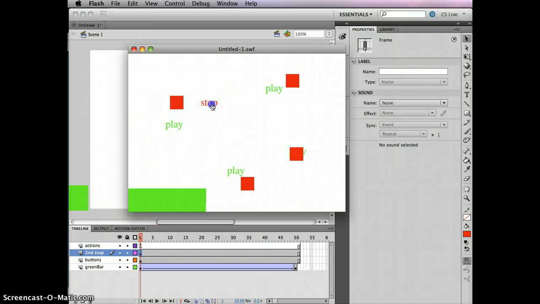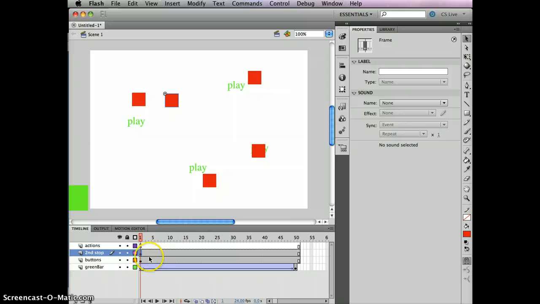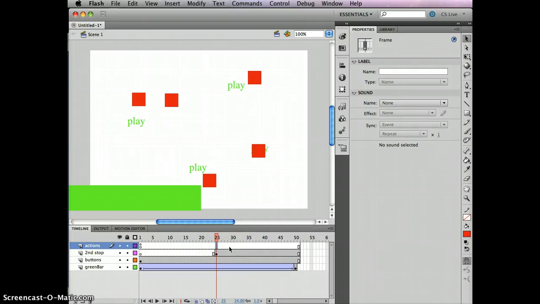So let's see if it works. Yep, works just like this stop button over here works. Now, but that's not what we wanted to do. So let's bring this back over here to 25. So now how do we get that to work at 25? Well, what needs to happen is we need to put the reference to that button at that point in the actions layer. So what I need to do is give myself a blank keyframe there, go to the actions here,